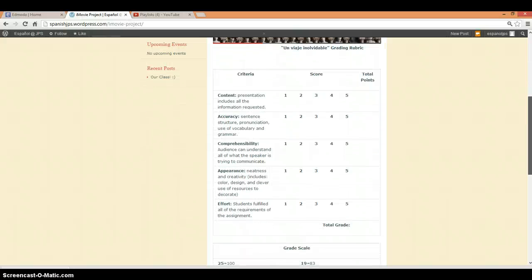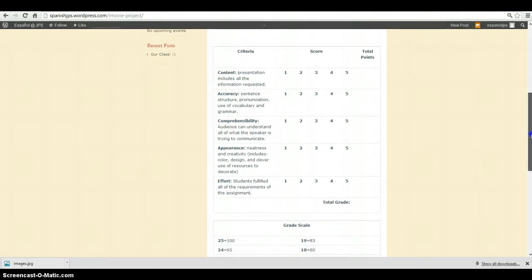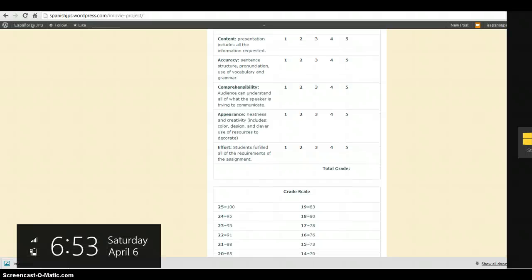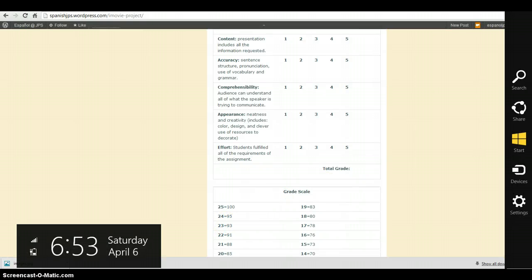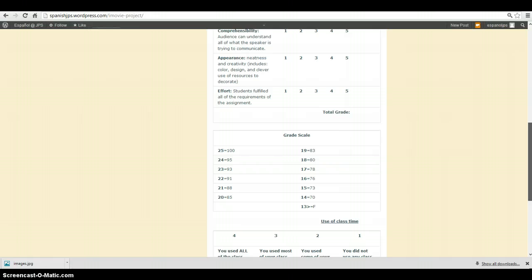Below the video, I put the rubric, like the content, the accuracy, the comprehensibility, the appearance, and the effort of what the students contribute to the project. Of course, they would be graded in two ways: individually and as a group. And the scale is 1 to 5, 5 being the highest and 1 being the lowest. And then the total points will determine their grade. For example, if they get 23 points, they get an A,